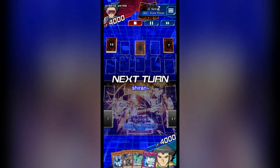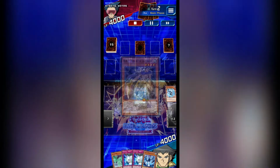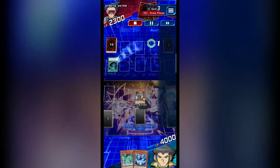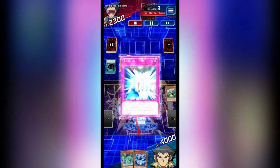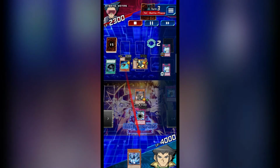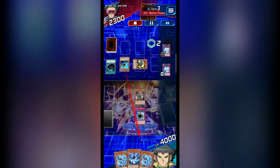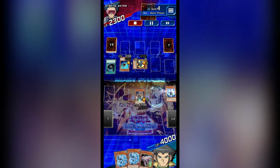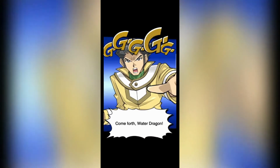Duel! 静かなること水のごとく。だが水は時として濁流となって全てを飲み込む。いでよ、ウォータードラゴン！